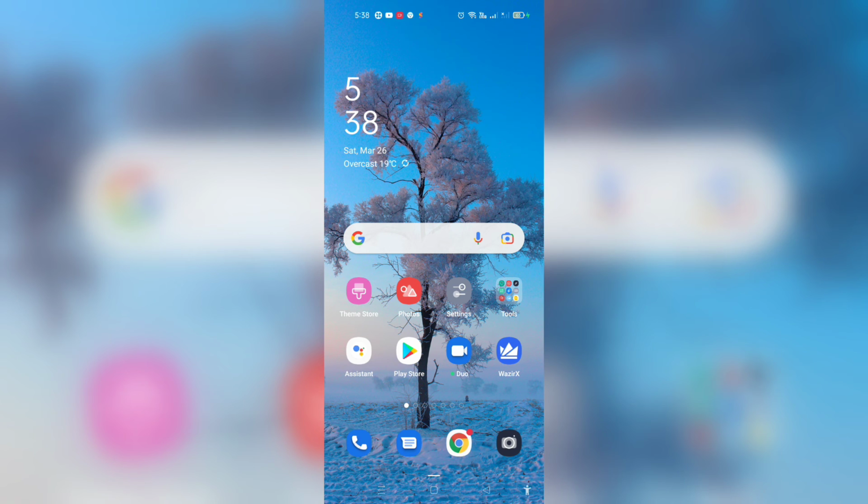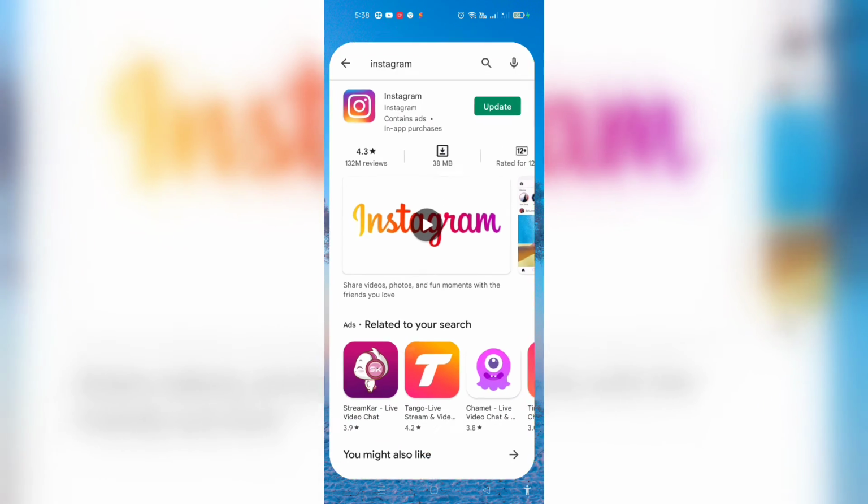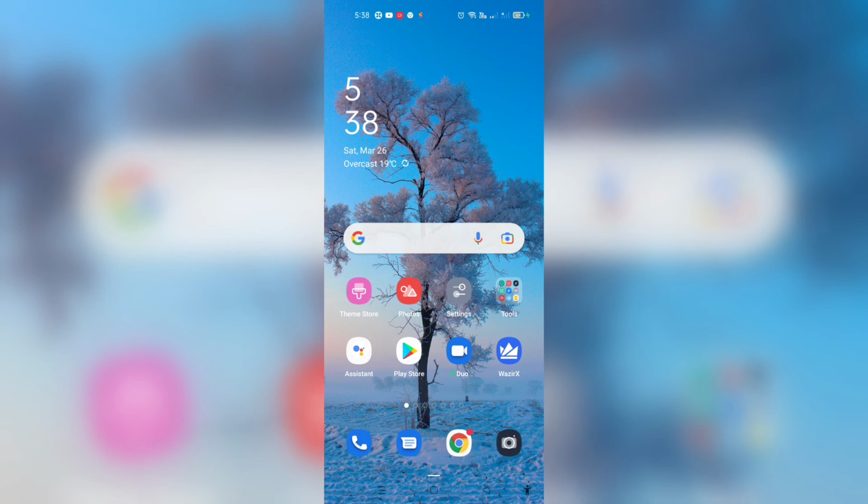But if it is again not available, then what you need to do is just delete the Instagram application from your device. And after deleting the Instagram application, you have to switch off your phone and then switch it on, and then you have to go to Play Store and then reinstall the Instagram application, and then you have to